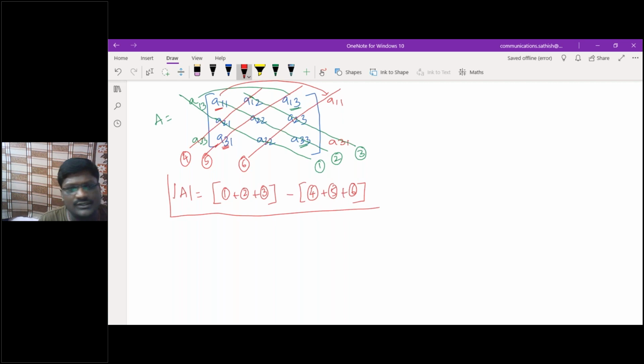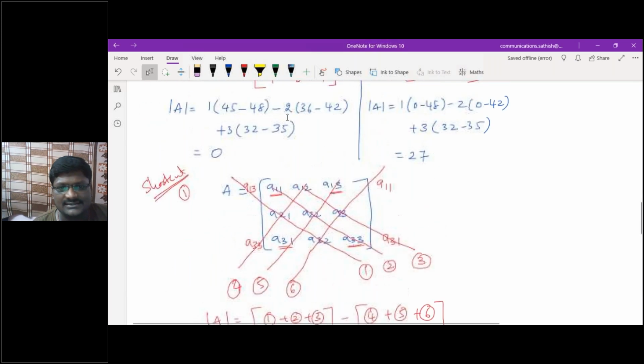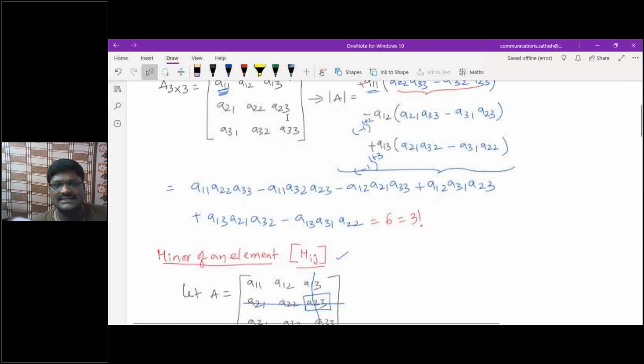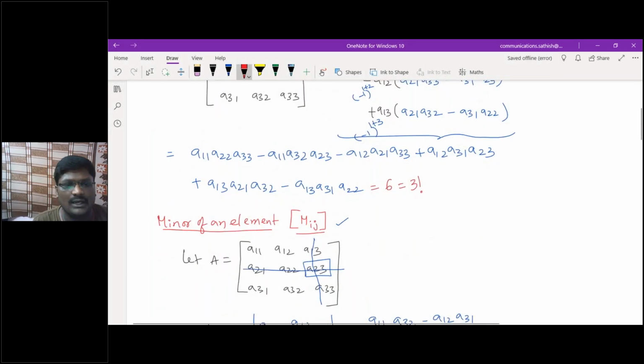If you have any doubts, you can cross verify with your determinant expansion. Go and check it there. After finishing the class, try to check it out here. You take the terms. All the positive terms become a1, a2, a3. Here this I'm taking as the first one. The next positive term will be a2.